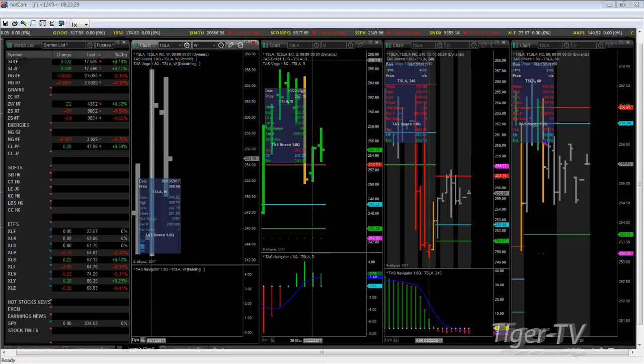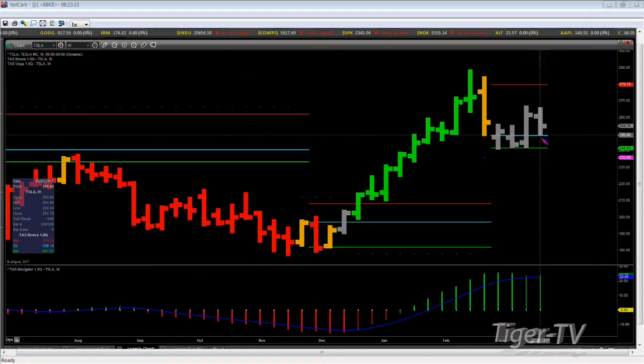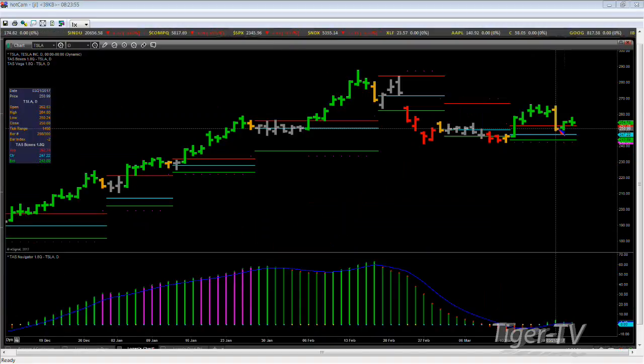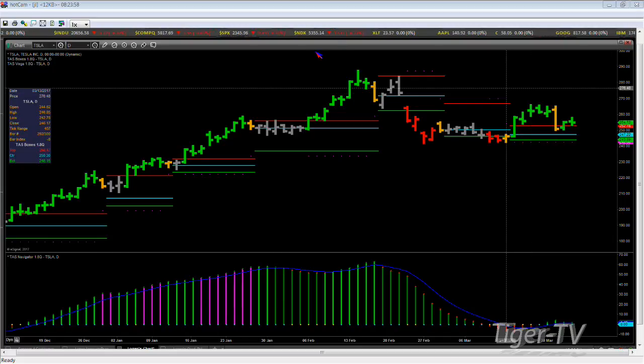Remember, on wide profiles, we talked about this yesterday, you've got to be kind of willing to play the POCs, the blue lines, the mode of the profile, if you will, the most well-traveled area of the fair auction as we see it. 249.18. I think we reached the low of... excuse me, let me just look here. Yeah, yesterday we talked about this, came down and kind of got into that area. Remember, that weekly kind of trumps this when you've got some major inflection points to take advantage of.